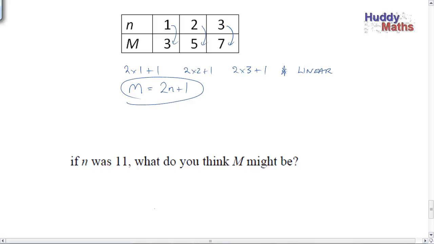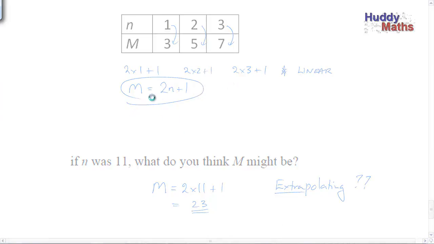Okay, so if n was 11, what do you think m might be? M would be 2 times 11 plus 1, which is 23. With the proviso that it keeps going. Just remember, we are doing extra points, extrapolating, and it may not work. But if the pattern held, the pattern that we've proposed up here,